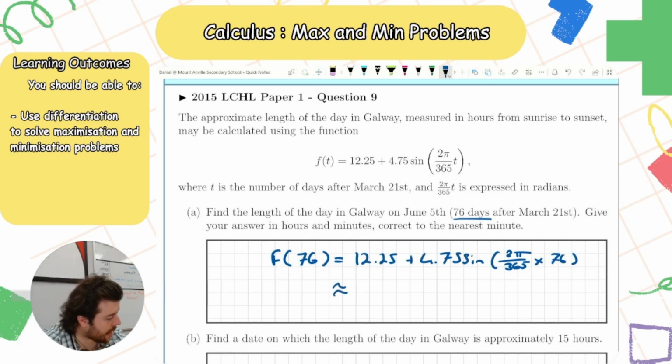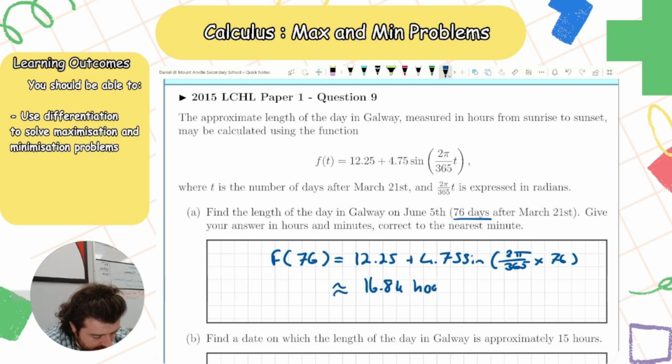Put that in the calculator: 12.25 plus 4.75 sine 2 pi over 365 times 76, is equal to